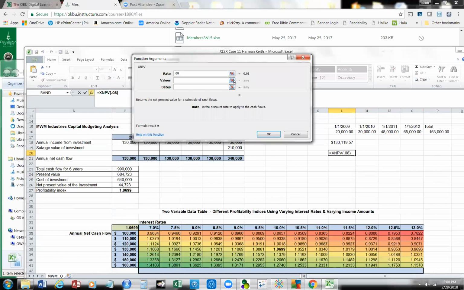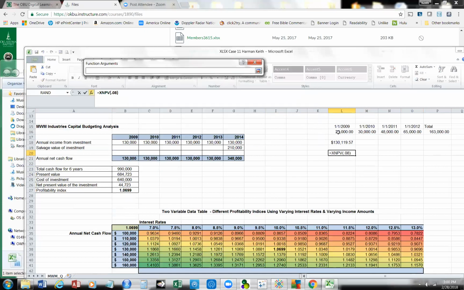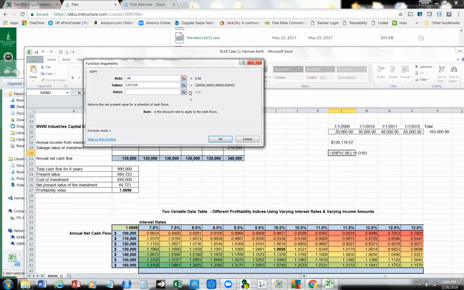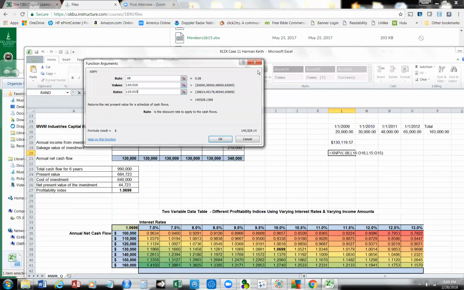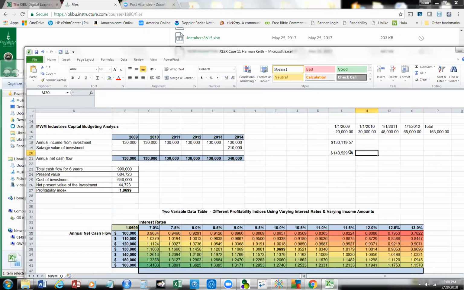The values will be these. And then the dates will be above. And let's see what we got. Now, notice this, okay? There's a big difference. This is the NPV result,